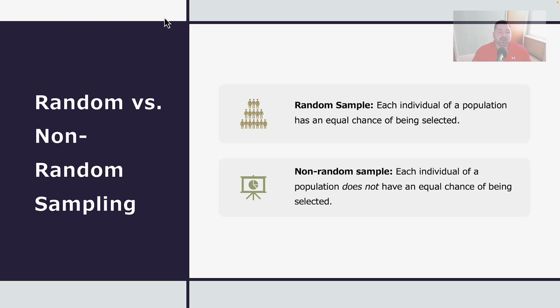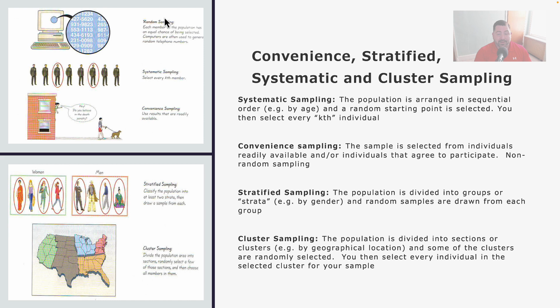So when we talk about random versus non-random sampling, in a random sample, every person from the population has an equal opportunity of being selected for that sample in that research study. Whereas in a non-random sampling study, each person in the population does not have those equal opportunities to participate. So these are some of the ways in which researchers will go about sampling and getting the people they need